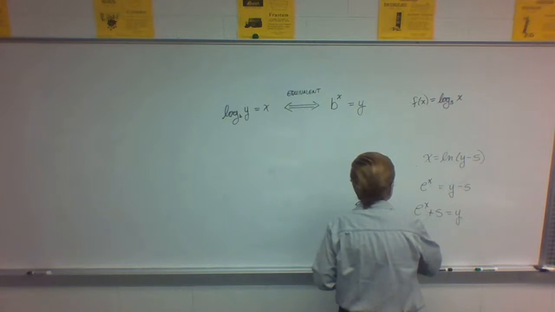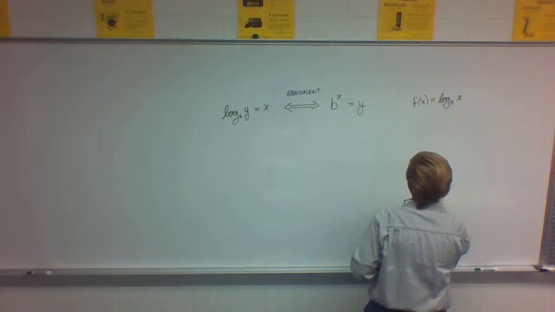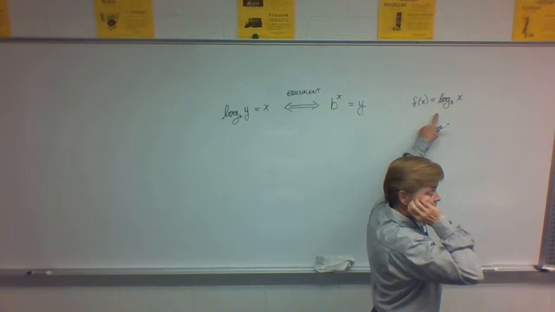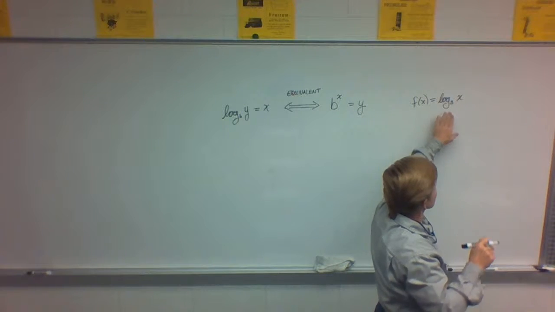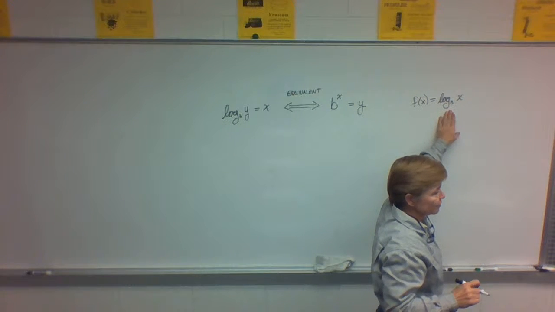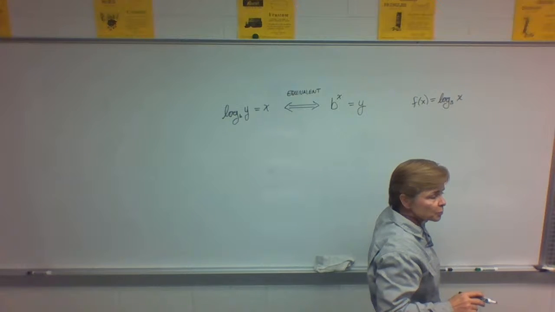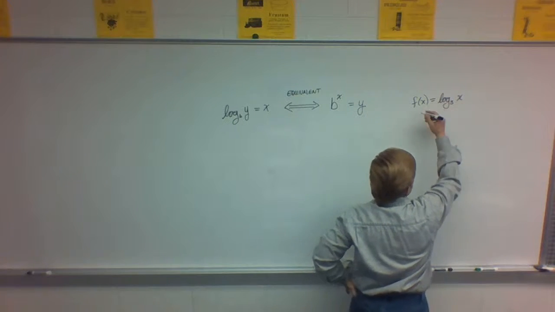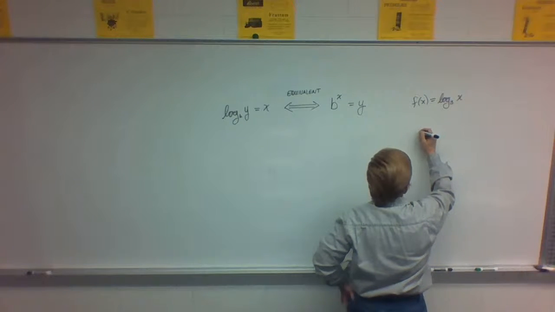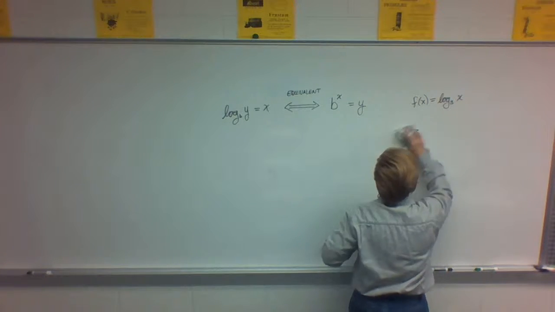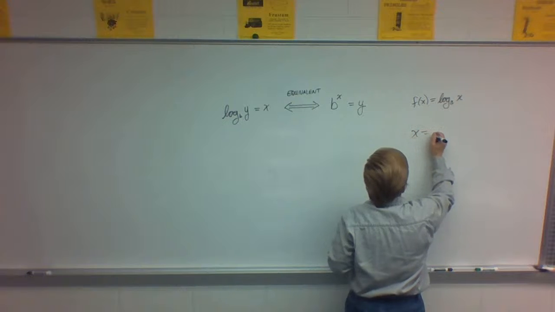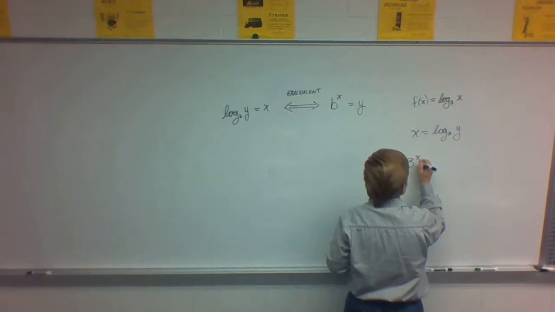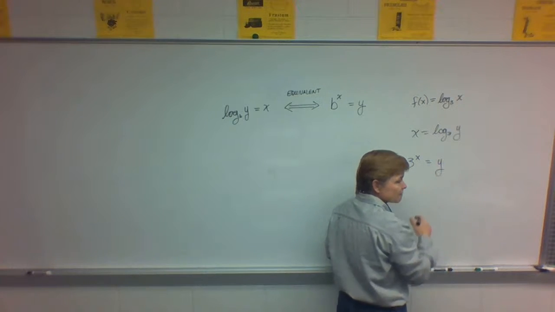Okay. Last thing, and this will go quick. I just want to show you how you could graph this if you were asked to graph it. Because if you go to your y equals screen and want to type this in, you don't know how to do it. However, we do know that logs and exponents are inverses, right? So what if I changed this to an exponent by changing places with x and y first? X equals log base 3 of y. Change that to an exponent